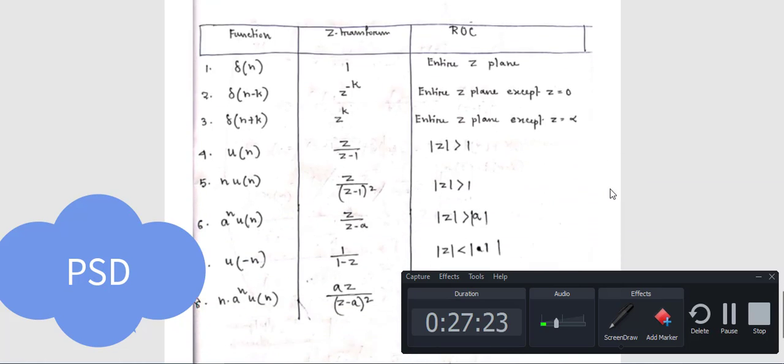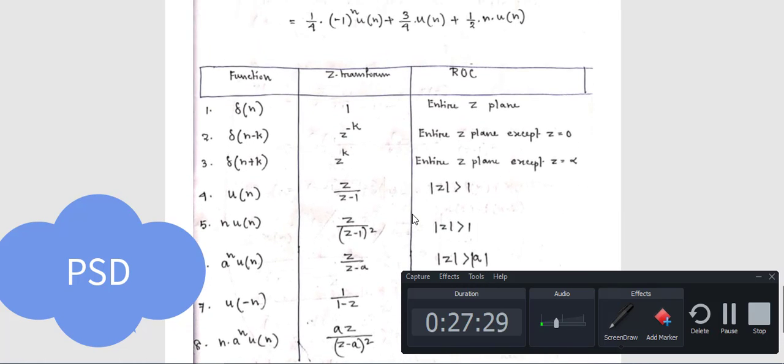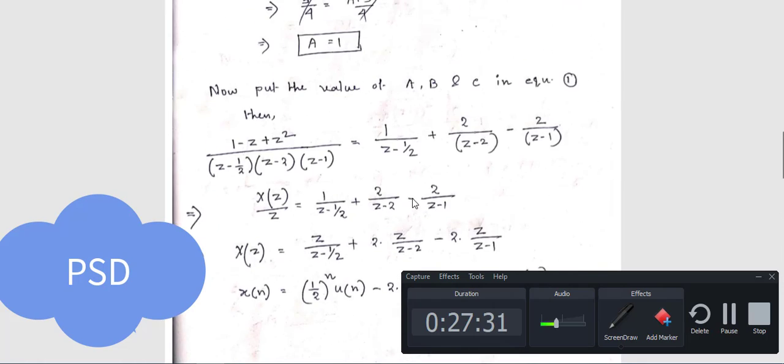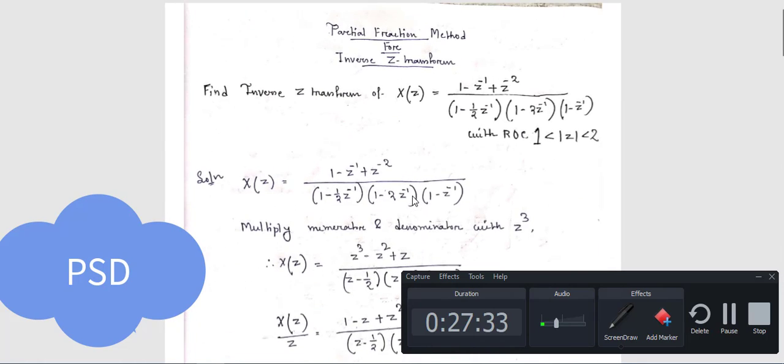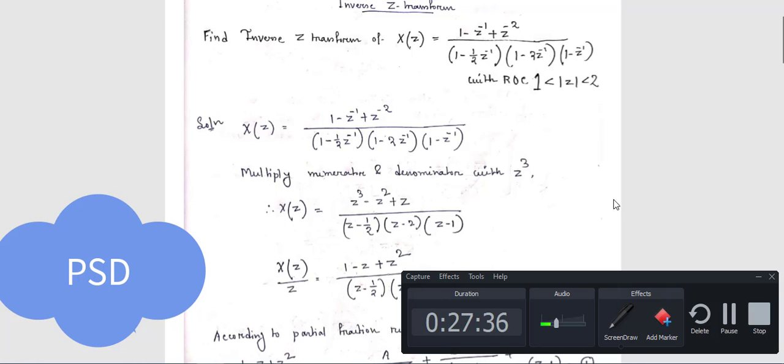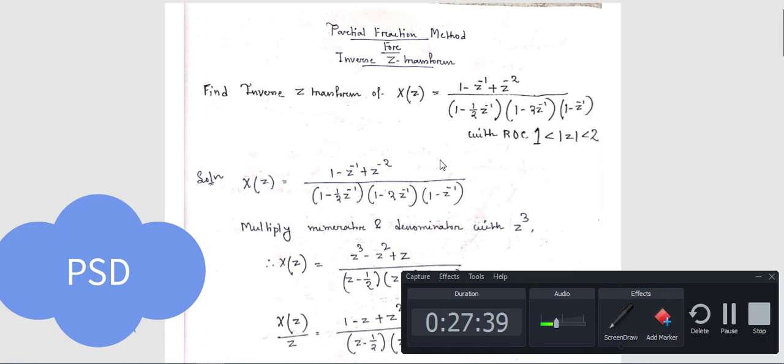And again I am saying, if you remember this chart, your inverse z transform process is quite easier. So in this lecture I have discussed the partial fraction method, and in my previous lecture I discussed the residue method, both for multiple pole and for normal pole. Also to perform inverse Z transform, there is another method known as the long division method. In long division method you have to use the division method. You can check this long division method from any book.